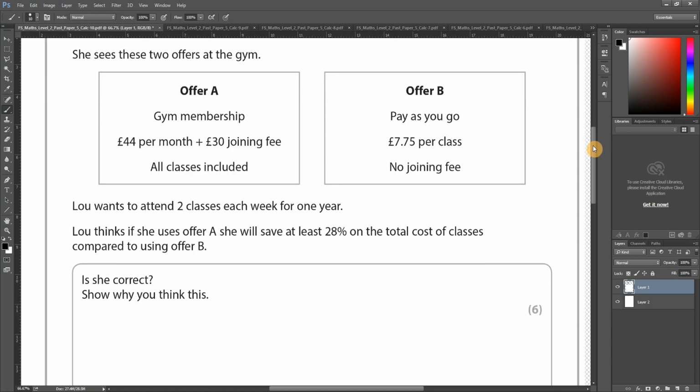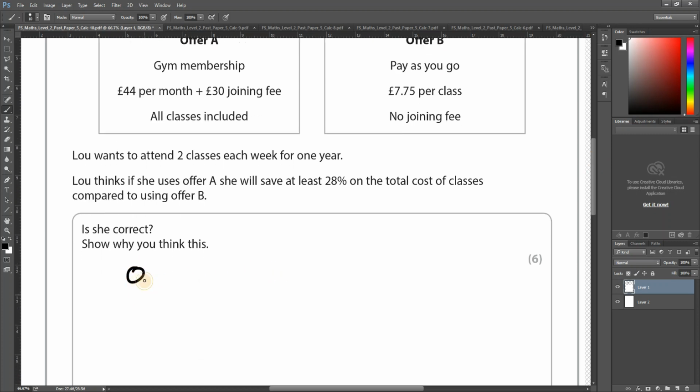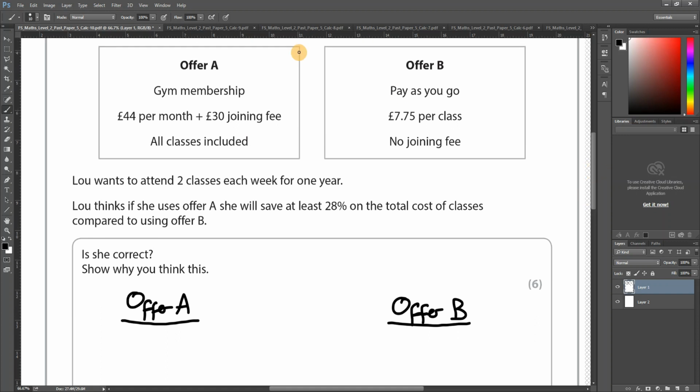So let's work out. I'll tell you what, let's do offer A on this side, and let's do offer B on this side. So offer A, let's do that one first. Offer A was £44 per month plus a £30 joining fee. So if it's for the whole year, that must mean it's 44 times 12, because there's 12 months in a year. Let's do that first. So on the calculator, 44 times 12 is